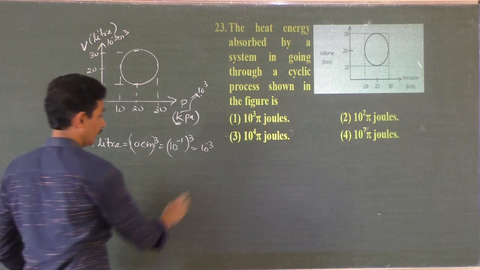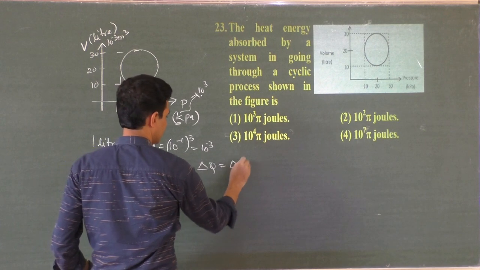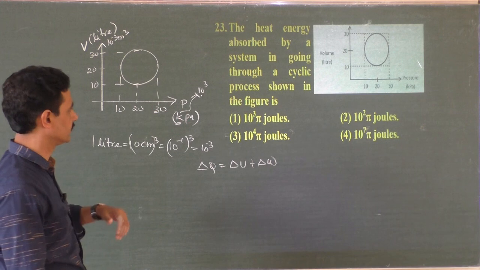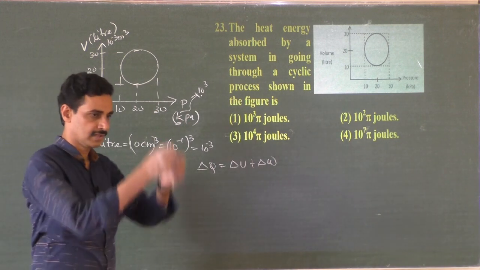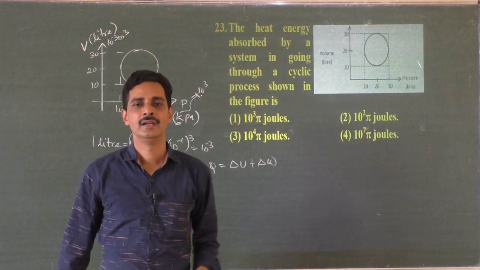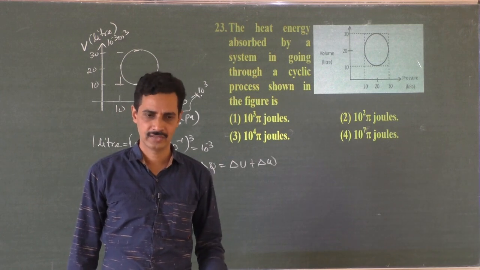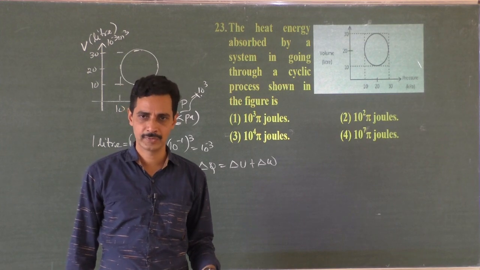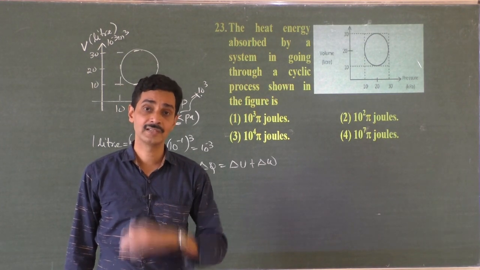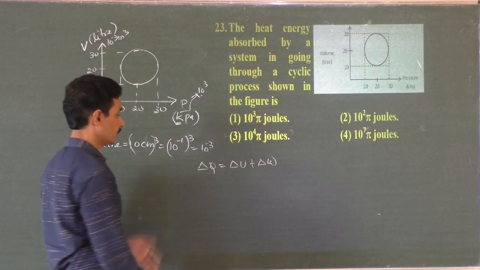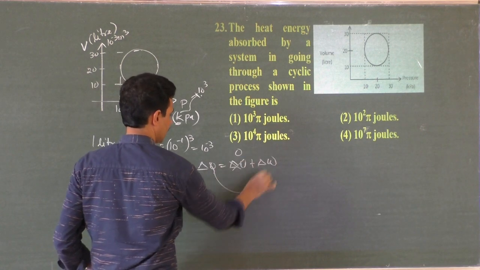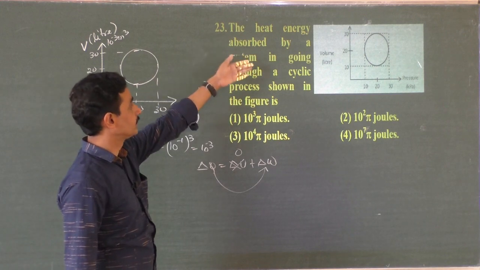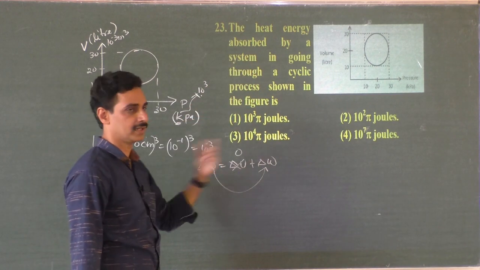But you see the first law of thermodynamics, and it is given that it is a cyclic process. If it is a cyclic process, it will return back to the original state. What is the change in the internal energy? It is 0. There is no change in the internal energy in a cyclic process since the system returns back to its original state. So this becomes 0, means work done is nothing but heat energy absorbed. That is what they are asking. Heat energy absorbed by the system is nothing but work done.